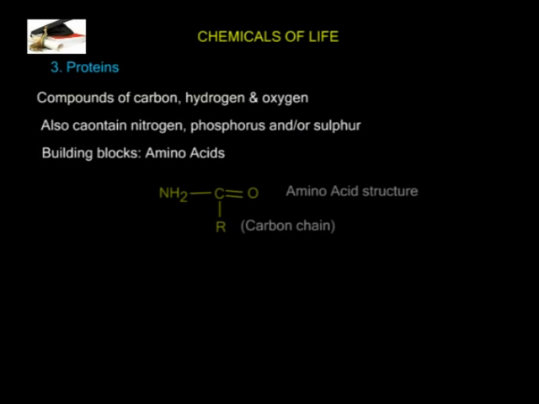All amino acids contain amino group, which consists of hydrogen and nitrogen, but the number of carbon atoms differ from one amino acid to the other. Proteins are referred to as nitrogenous compounds because of the presence of nitrogen in their structure. A single molecule of protein can have hundreds or even thousands of amino acid units which are joined together.